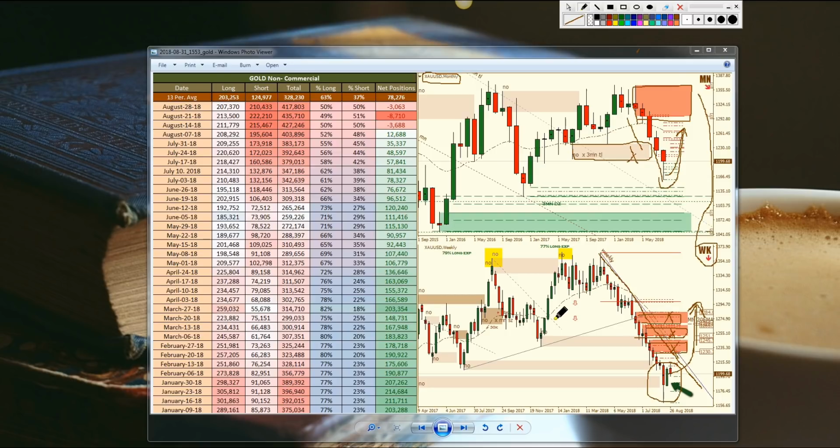So to help understand when this big movement to the upside is going to take place, if indeed it's going to take place, it's so crucial to understand the COT report data. Because in situations where it's unpredictable, you could see prices dropping and not reacting to any demand here, just a monthly bullish engulf with demand located within here, but it isn't a demand zone. So we have to understand there's demand here, but it isn't a demand zone. This is just momentum running out because the institutions are no longer